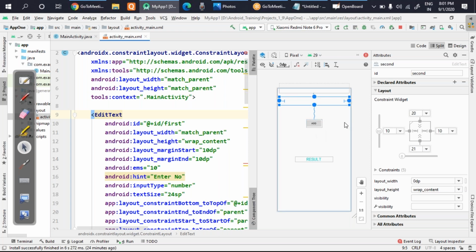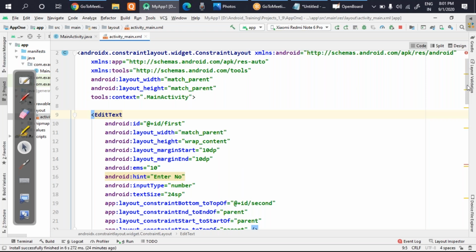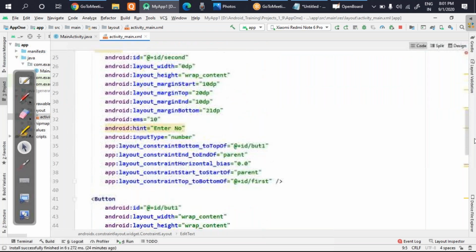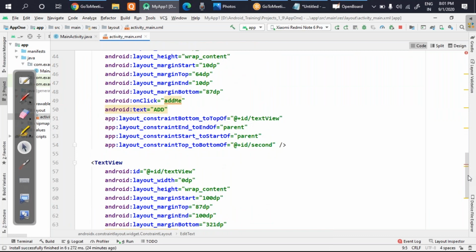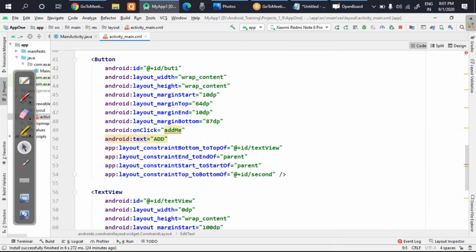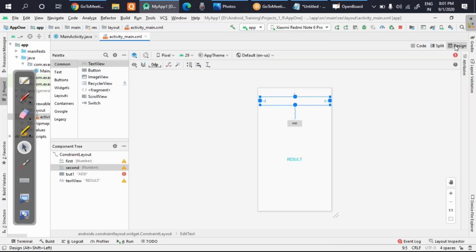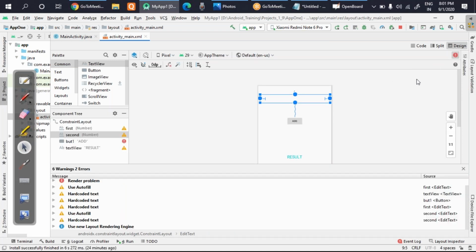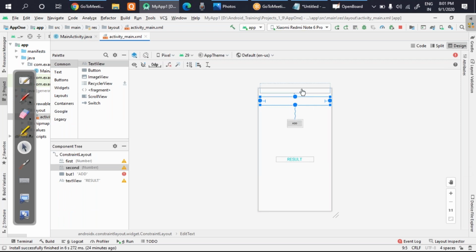So what I will do is first of all make the changes in the backend code and then move forward. Just have a look here. In the backend code you can see all the code is written here. No errors are there. The error is just because of the designing section. I'll make the changes one by one by clicking here and see what issue has come.